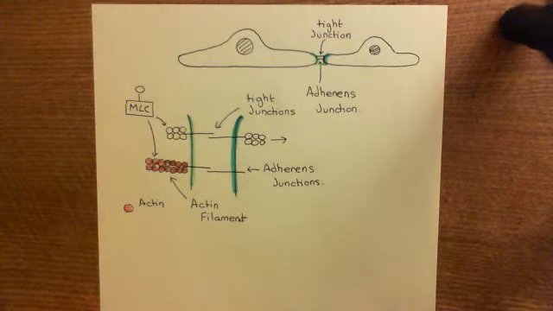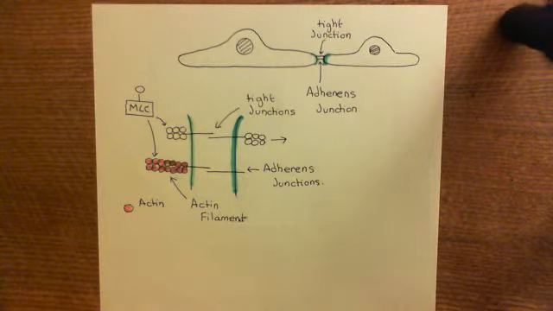Rho GTP then activates Rho-dependent kinase, which then phosphorylates and inactivates myosin light chain phosphatase, and this means that you've got an activation of myosin light chain kinase and an inactivation of myosin light chain phosphatase, so you overall get